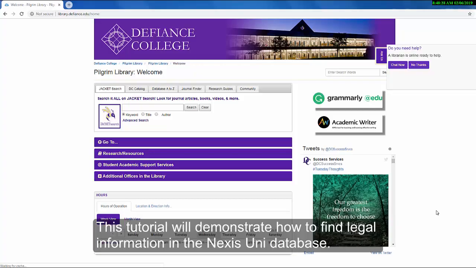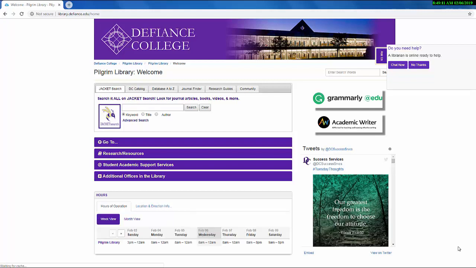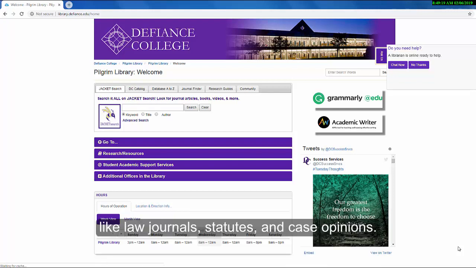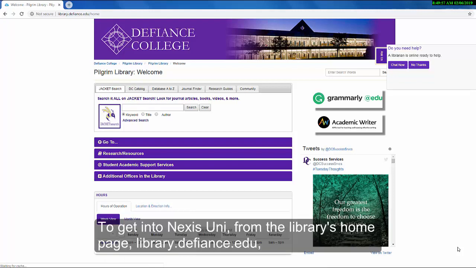This tutorial will demonstrate how to find legal information in the Nexis Uni database. It's a database that has legal articles, court decisions, and news items from over 15,000 sources, like law journals, statutes, and case opinions. To get into Nexis Uni from the library's homepage,